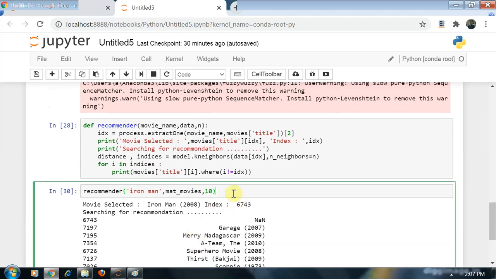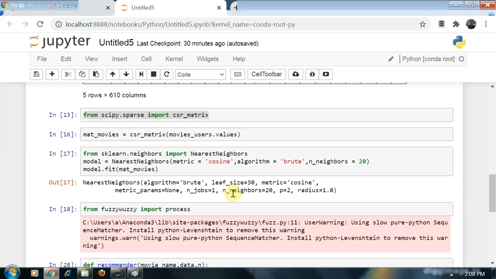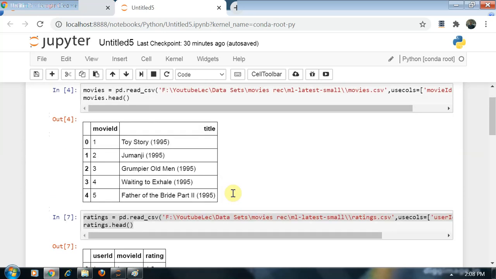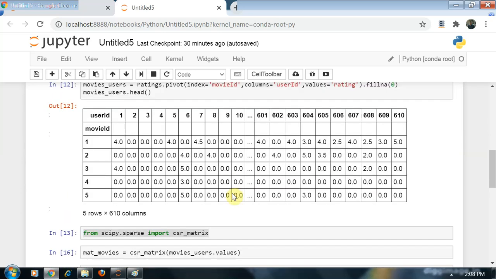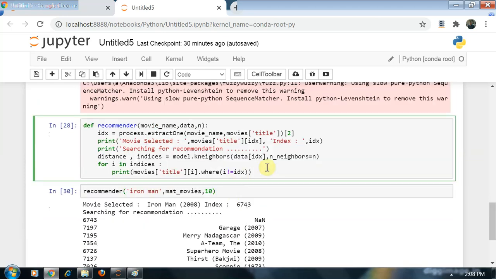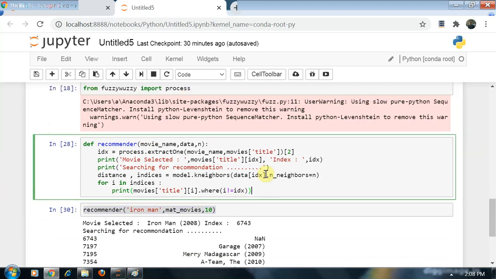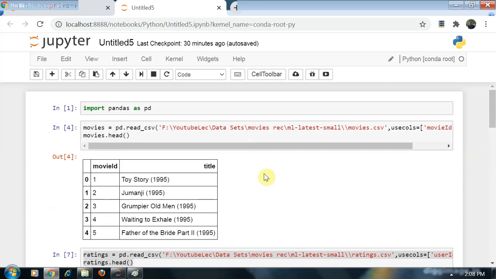So this is our basic KNN movie recommendation system. You can also improve this. This is the basic implementation, and a nice way to understand KNN. How does KNN work? How does the cosine similarity give us the output? I made this video so you can understand these things properly. So thanks.